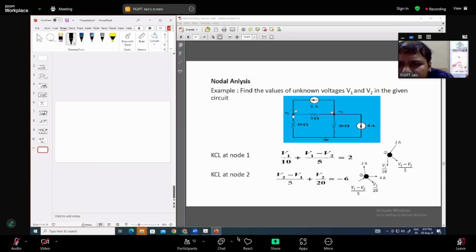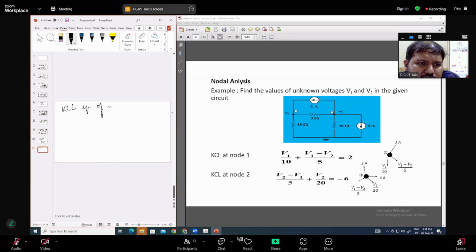Okay, considering node 1 first, what you are doing is assigning the unknown voltages. V1 is assigned to the first node, V2 is assigned to the second node, and the third node is considered grounded. Now, what is the second rule? If you are writing the KCL